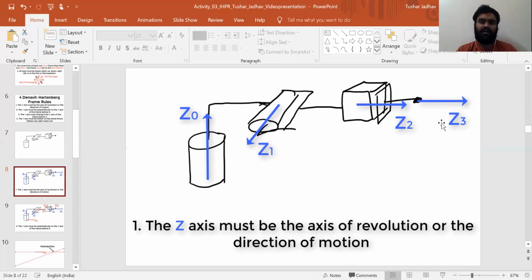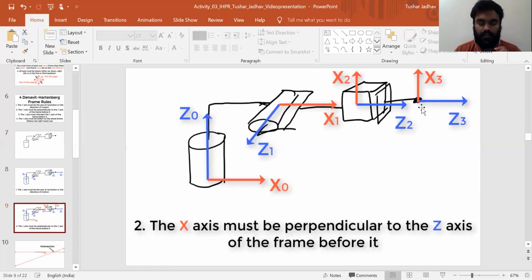Now consider the end effector. Here there is nothing mentioned that the end effector is going to move ahead or back. Is it going to rotate or what? So in such cases, we have complete freedom and liberty to put the z-axis in whichever direction we want. Okay, so when you put the z-axis in the same direction as the previous frame, your mathematics becomes very, very easy. So to minimize the mathematical calculations, we have considered the z3 axis of the end effector parallel to the z2 axis.